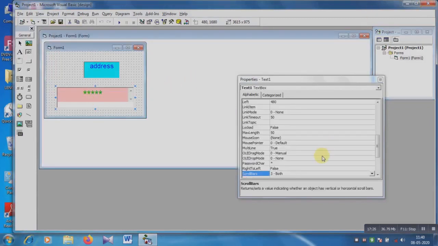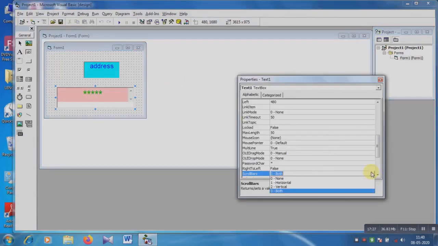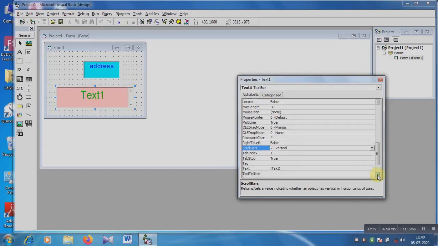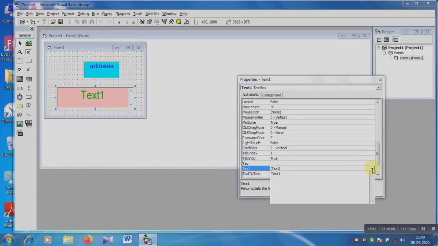So again go to the object window, and now I am choosing only vertical, not horizontal. So a vertical scroll bar appears on the text box. Then the text option.